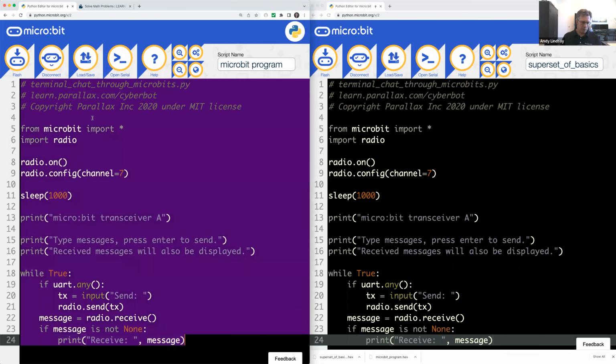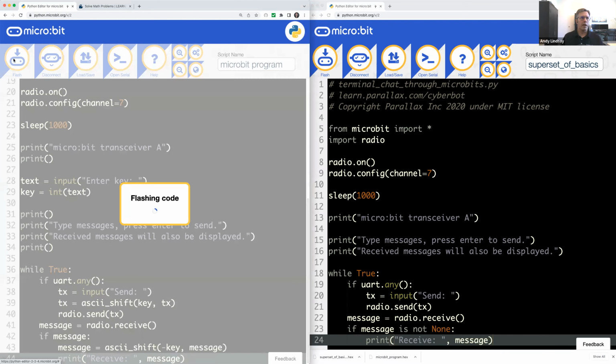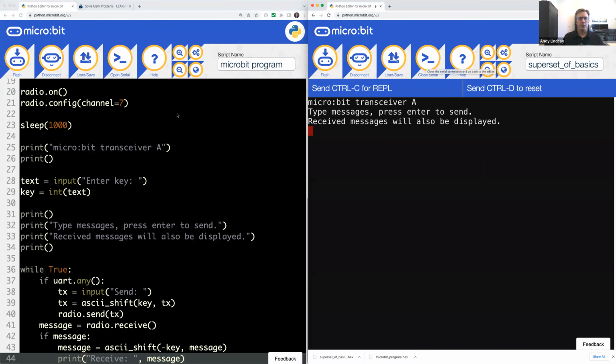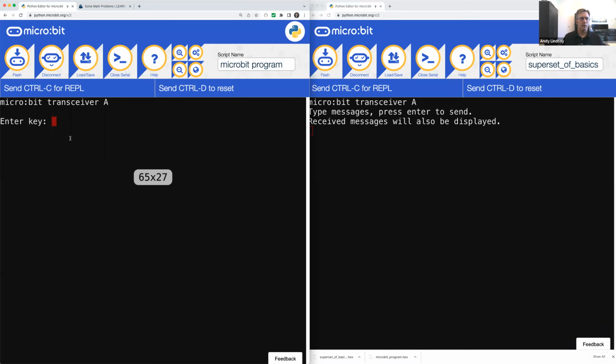I'm going to do the first tab here. So I'll flash this, and then we'll go back to our serial monitor. Okay, so for a key, I'll just use 5. And then now everything's going to be encrypted. So if I say hello,